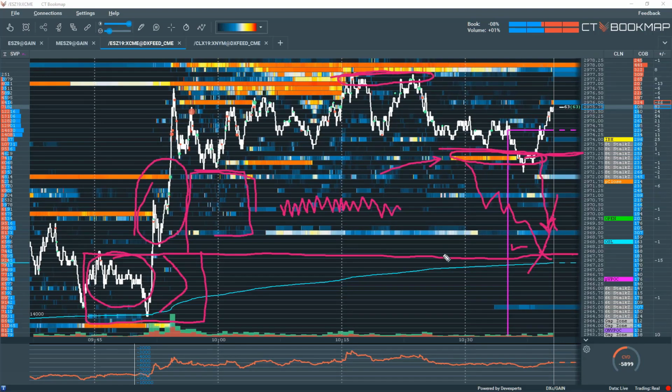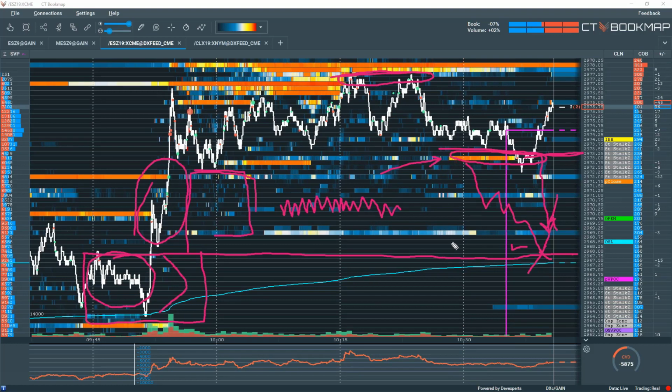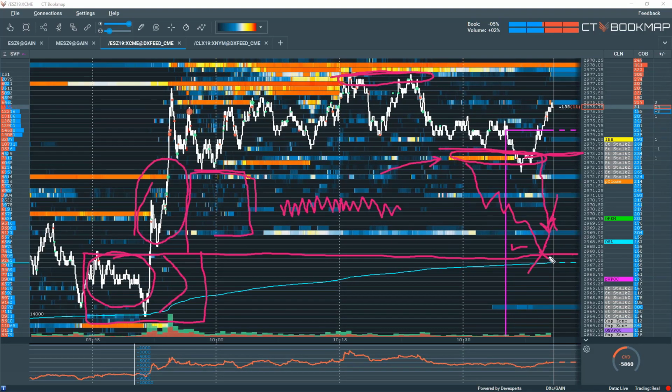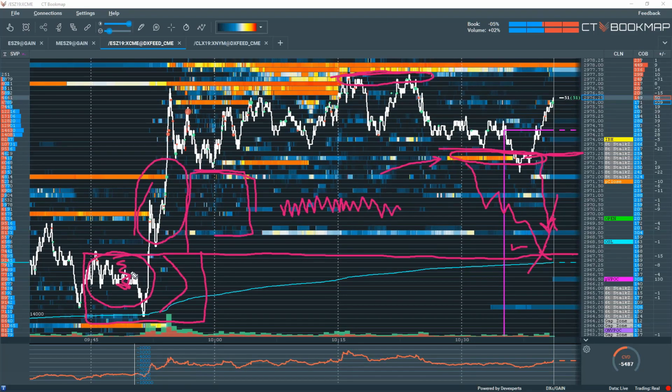Now, every trade has a 50-50 chance. Every single trade has a 50-50 chance. It doesn't matter if you're an algorithm, if you're a genius, if you have a 99% winning plan, it's still a 50-50 chance. Now, I know that, but I want my 50-50 chance that the market's going to take out my stop. I want it to have to eat through a lot of volume right here. I want it to work